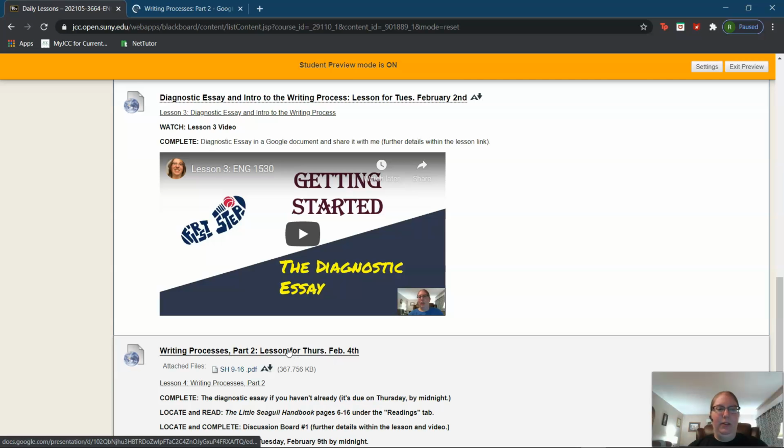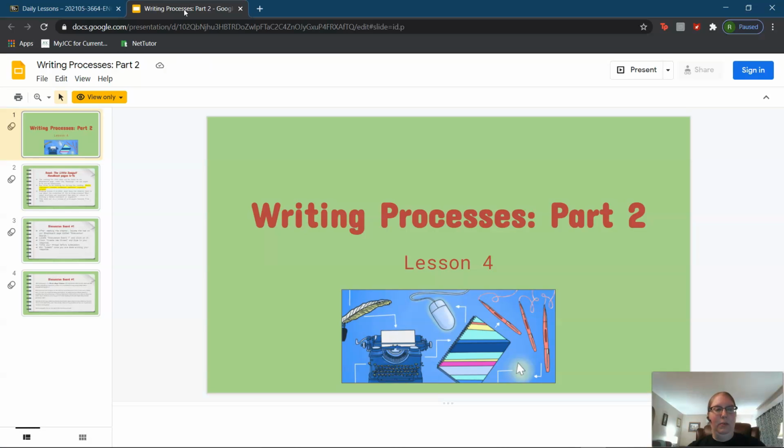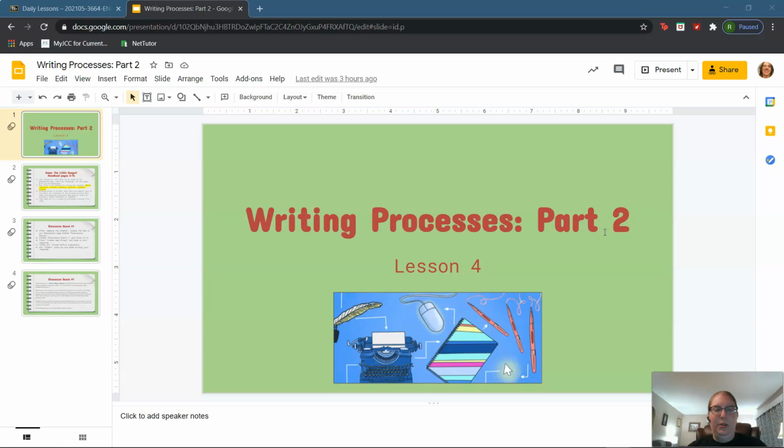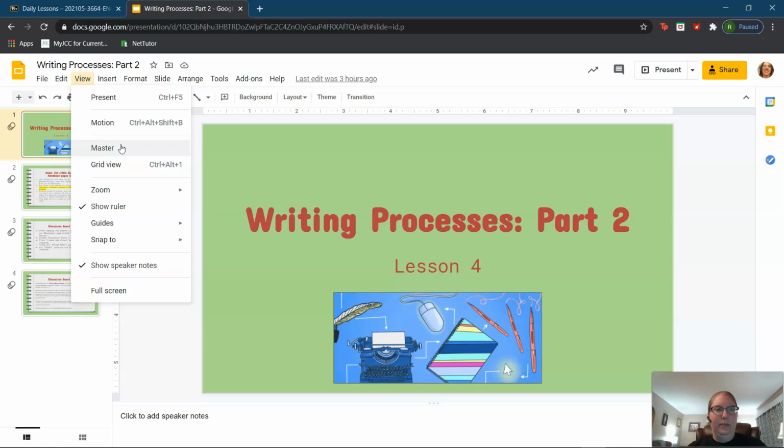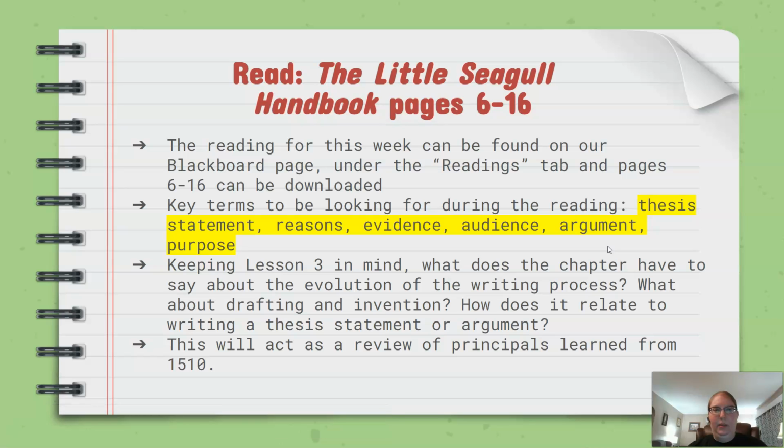So going from there, I would like to talk about today's lesson and also where you can find the homework. Lesson, Writing Processes, Part 2, and this also talks about the homework for this weekend. So our task is to read the Little Seagull Handbook, pages 6 through 16. The reading for this week can be found on our Blackboard page under the Readings tab and can be